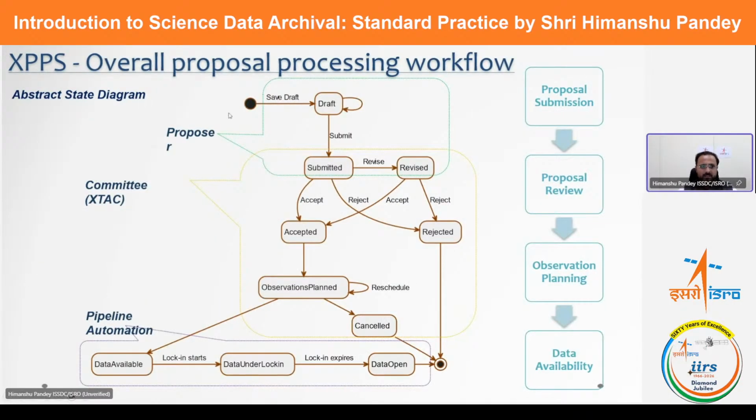The typical cycle is, you have a lot of facilities in this. Proposal submission, proposal review, observation planning, and data availability. You can come here and a quick workflow is available. You can save your proposal in the